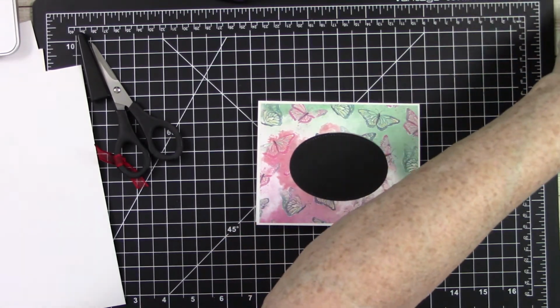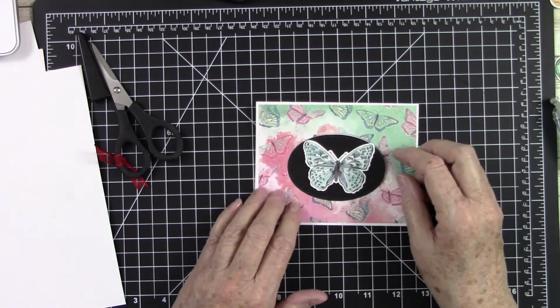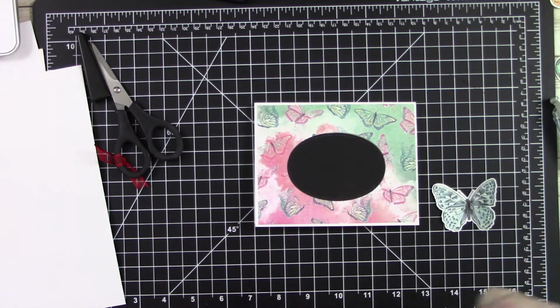Alright, I'm going to come in here. I'm trying to decide if I want... Oh, that one's so pretty. Look at that one on there. We're going to pop him up. We got to give him some dimension. So I think what I'm going to do...